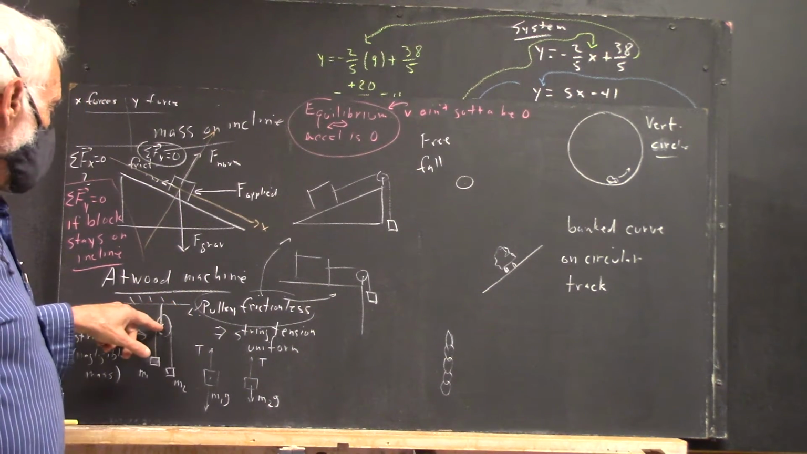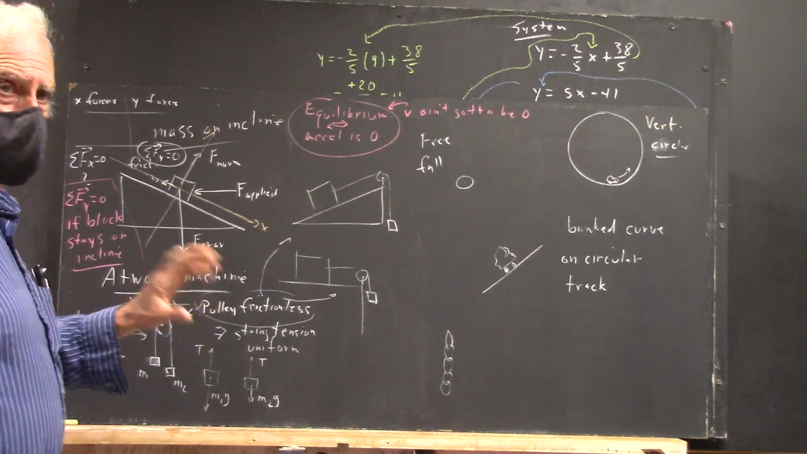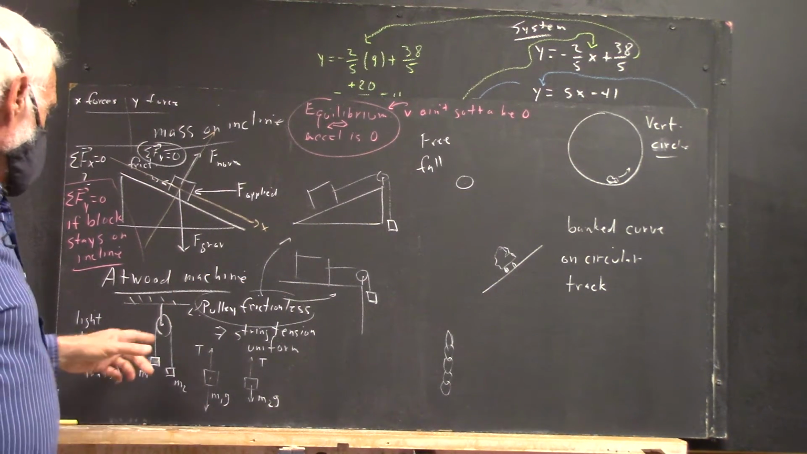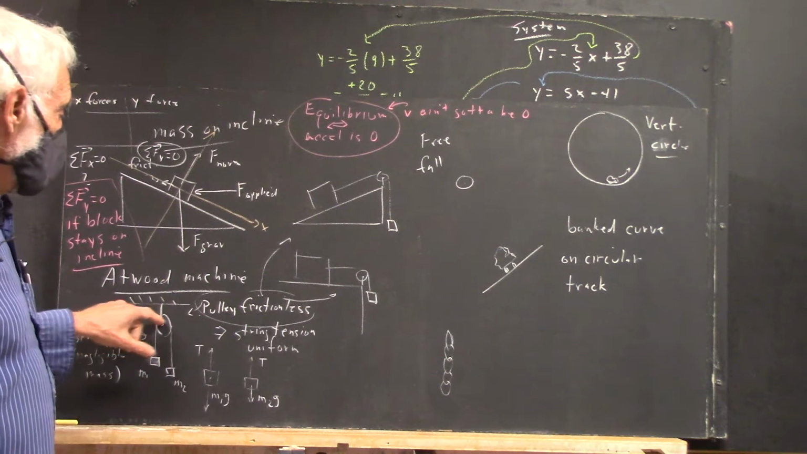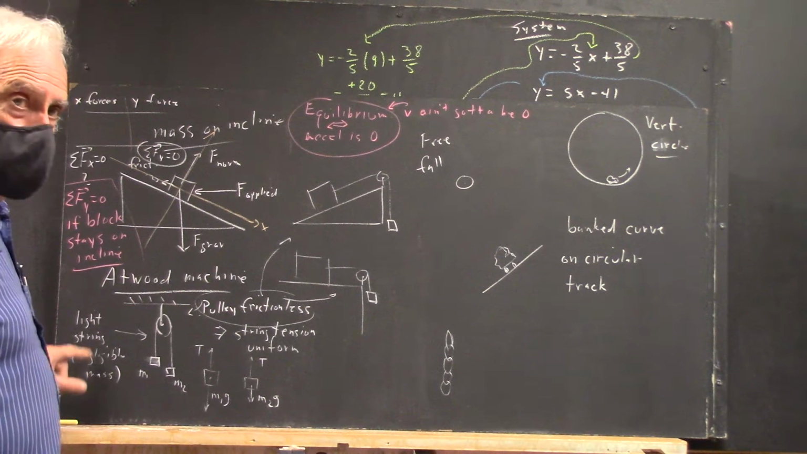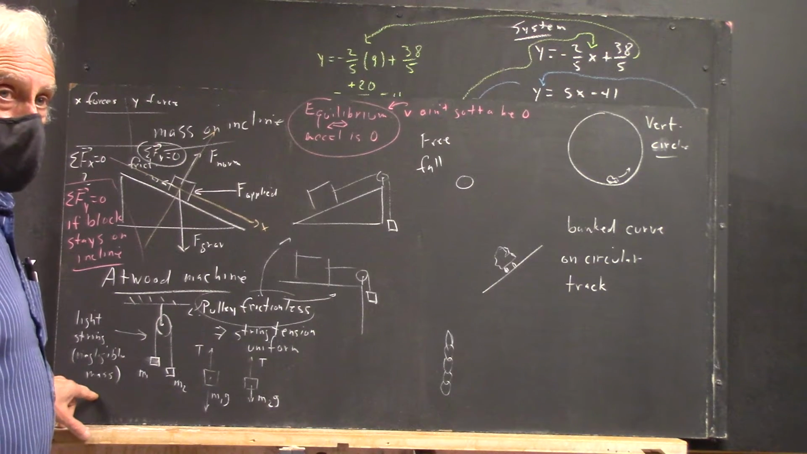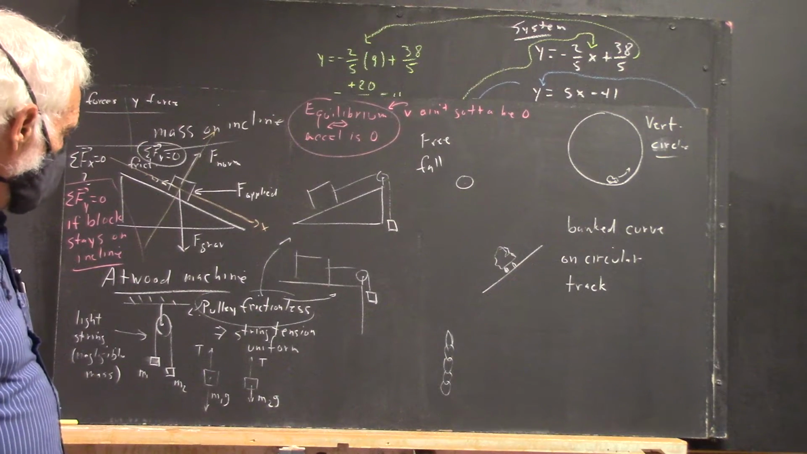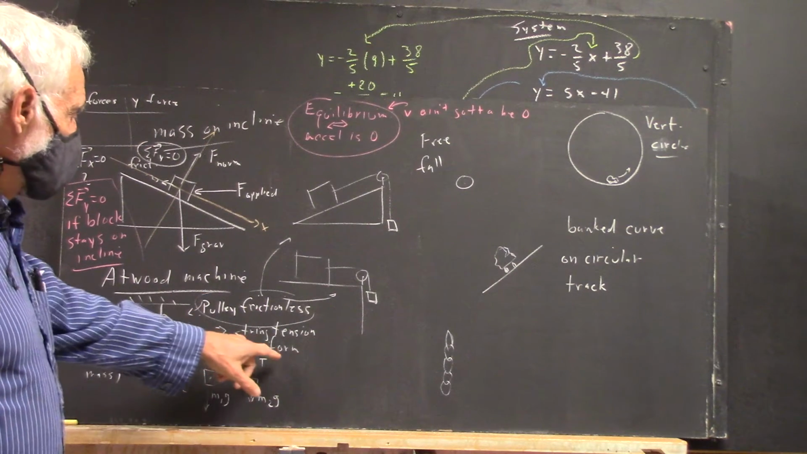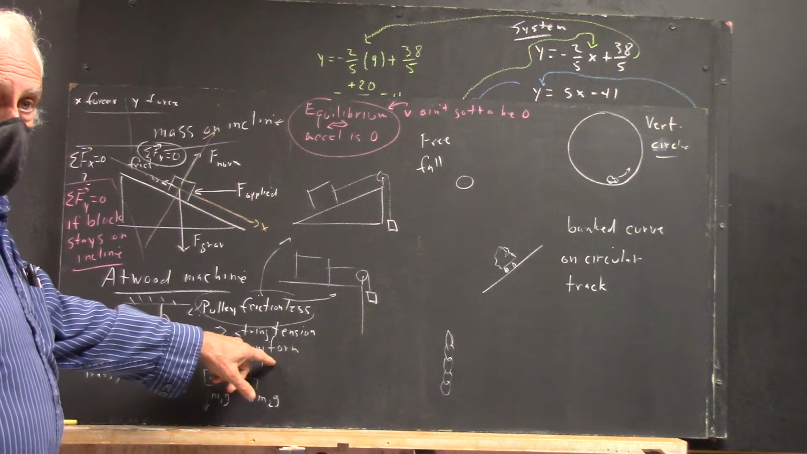First of all, we assume the pulley to be frictionless, at least for now. Not that hard to work friction into it. Keep it simple at the beginning. Pulley's frictionless and the string is light, meaning it has negligible mass, so it contributes nothing to the mass of the system. Okay? Well, in that case, the string tension has to be uniform, because if,